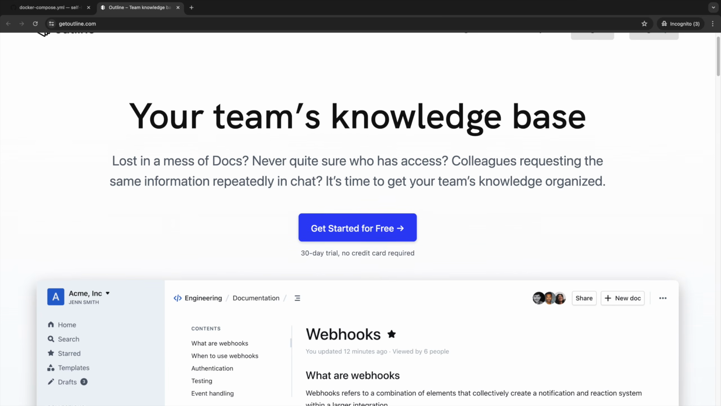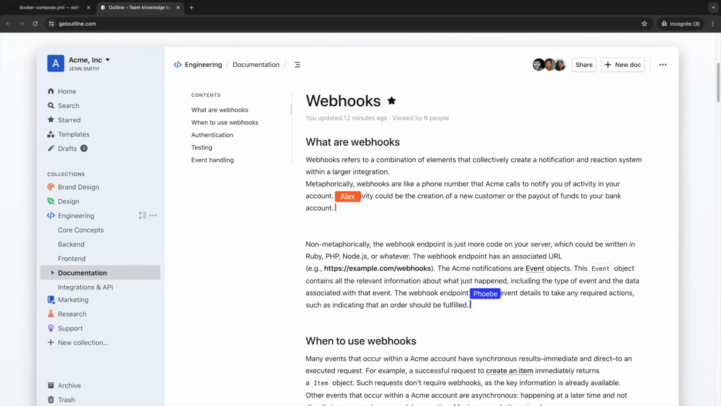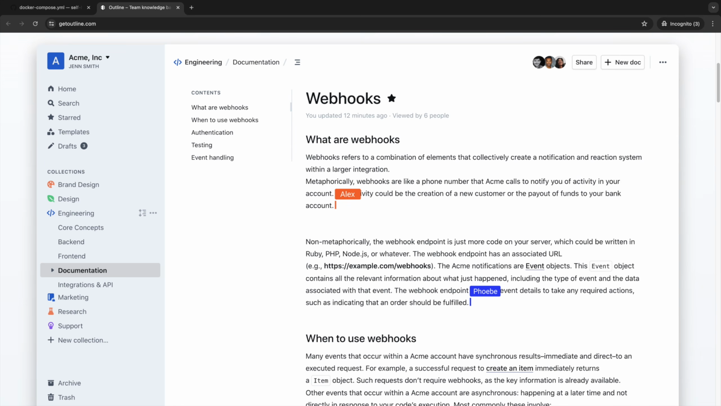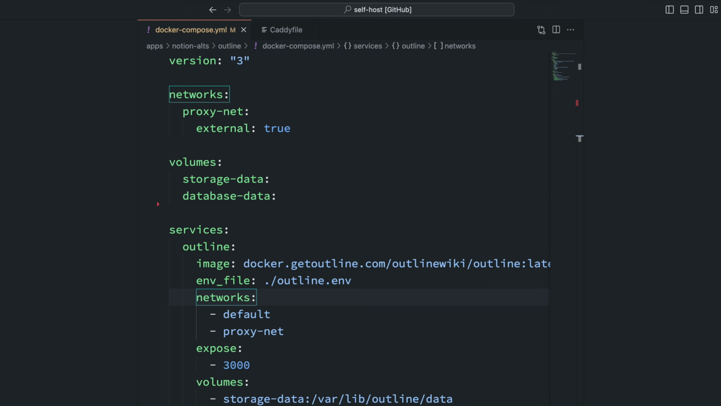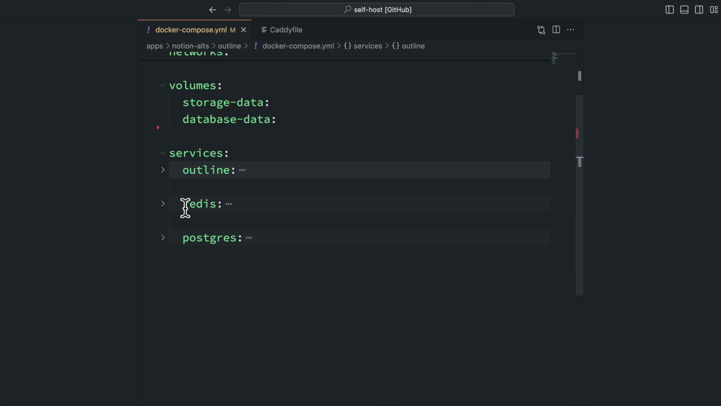AFFiNE is the second app I'm going to run. It's a knowledge management app that resembles Notion in both its user interface and its features. It has excellent collaboration support, as we'll see in just a moment. The Docker Compose file for self-hosting AFFiNE includes 3 services: the AFFiNE server, a Redis cache server, and a Postgres